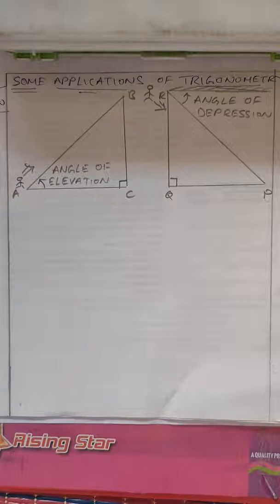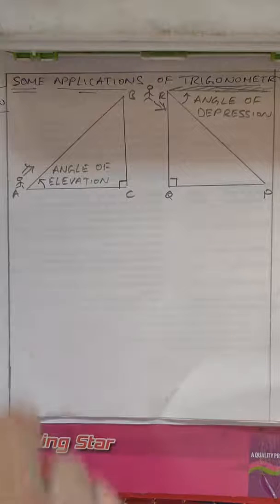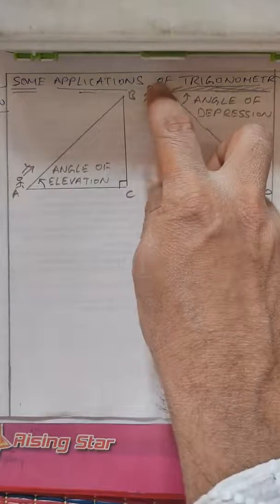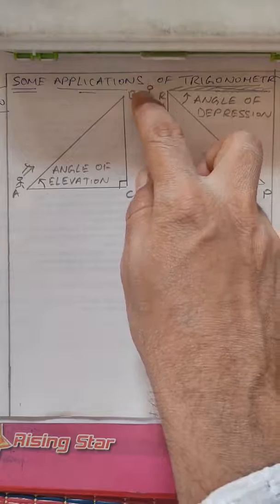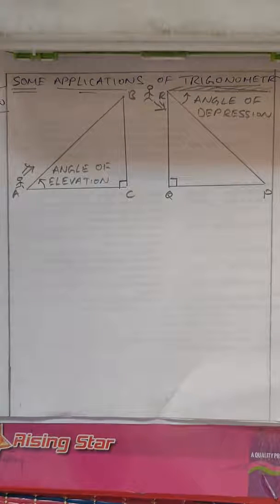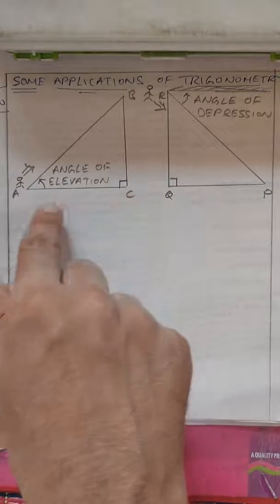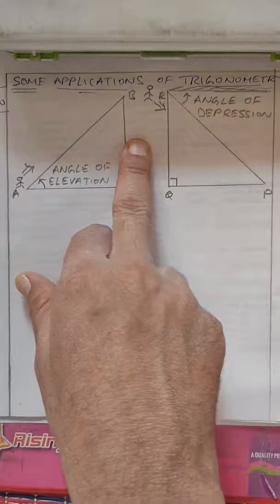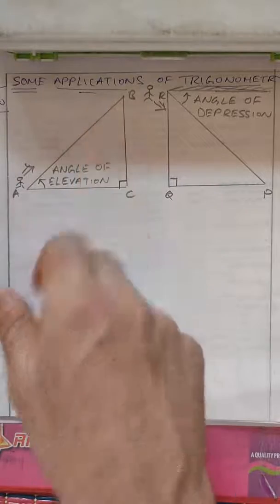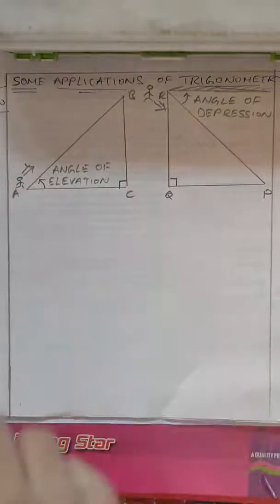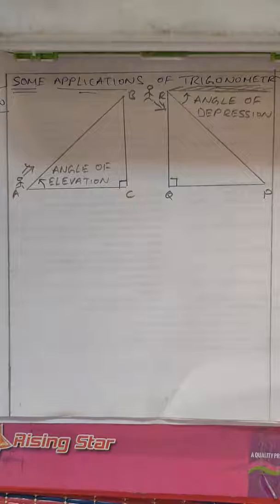Here, when we say angle of elevation or angle of depression, these angles may be given as theta, and we need to find this distance, that is the distance between the person and the building, or this, the height of the building, or this, the hypotenuse. But 99% of questions are with respect to this or this, that means measuring the distance or measuring the height. But 1% of the questions may be for measuring the hypotenuse. So when distance and height are most common, we need to take the help of tan theta.